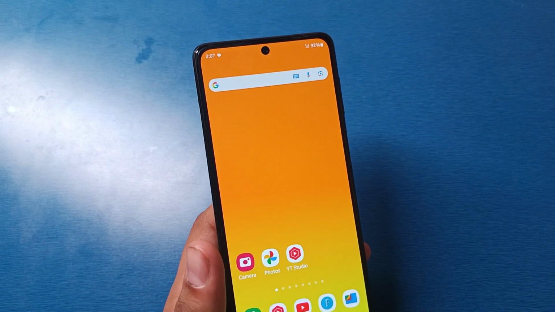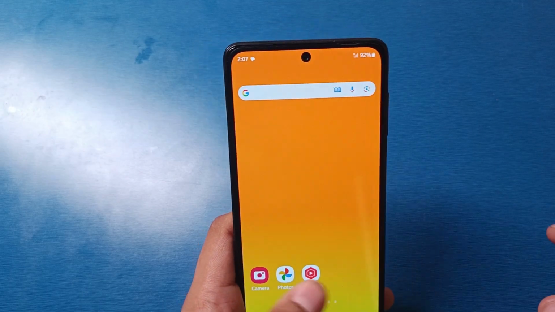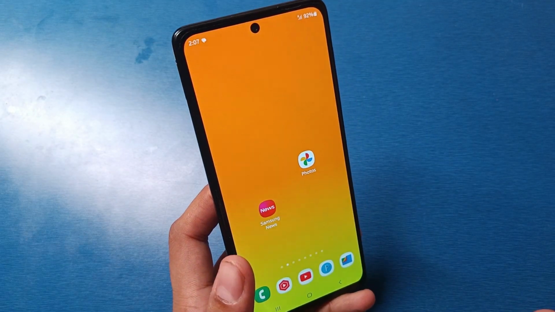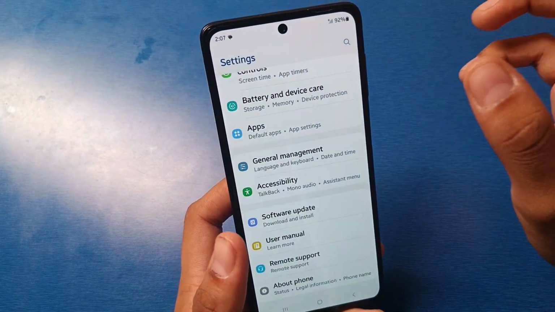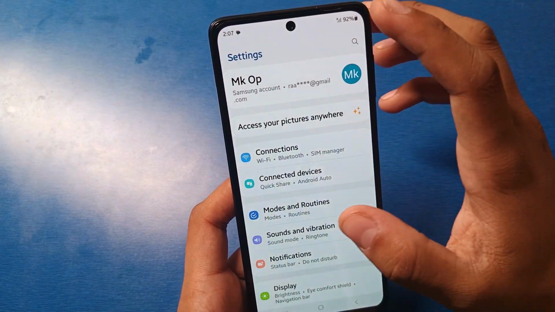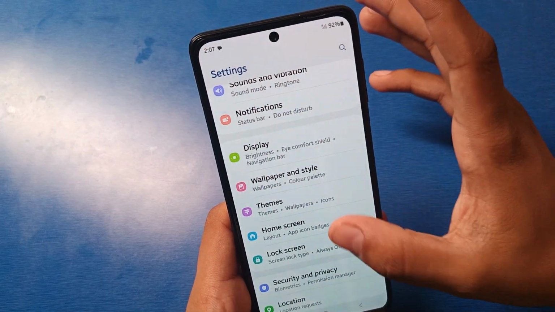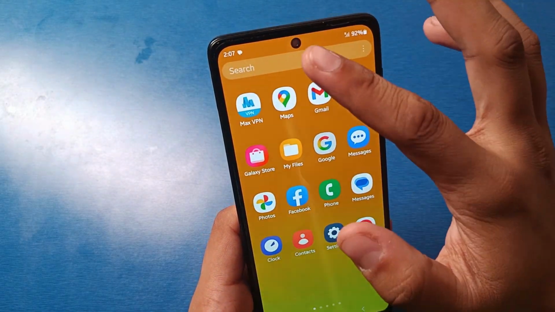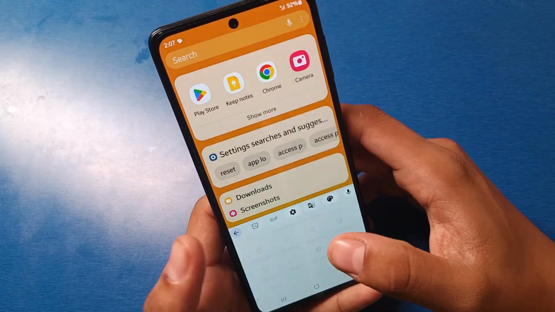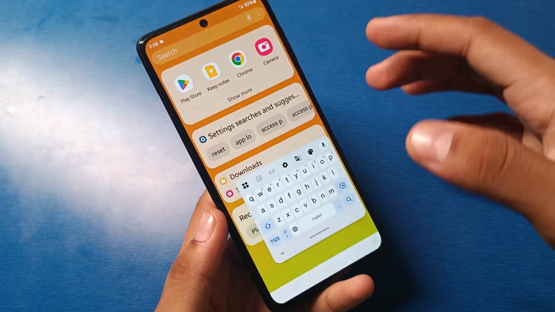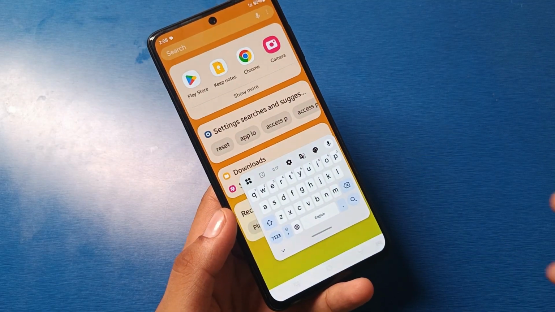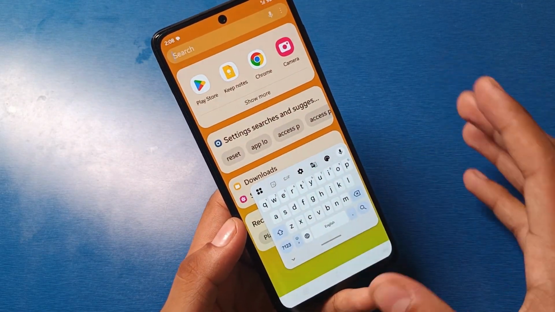In this video I am going to tell you how to fix the floating keyboard problem in your Samsung smartphone. So let's start, friends. First you have to open your settings and type here "application". Firstly you have to click on search and you can see here the floating option. As you can see here, if it is not floating on your screen, or is stuck or freezes sometimes, so